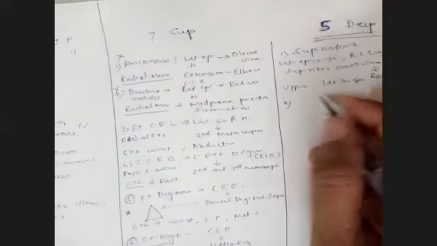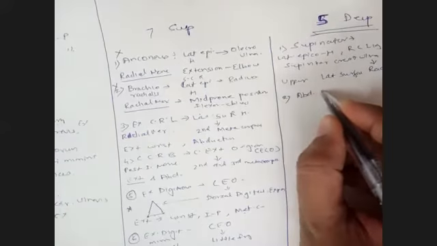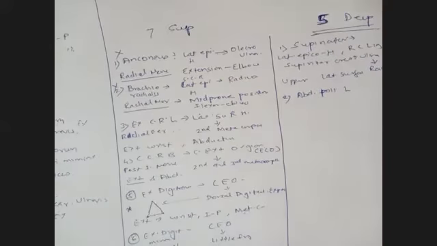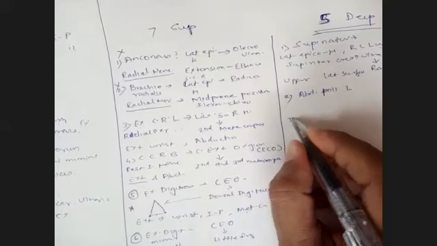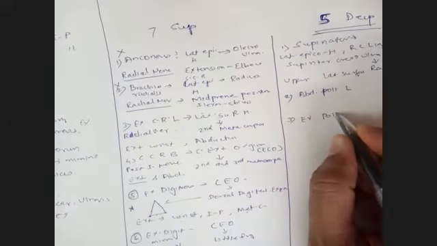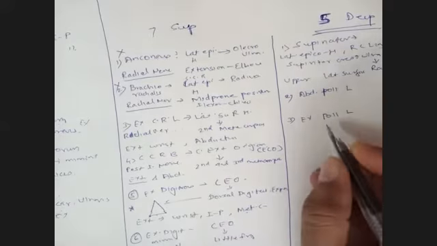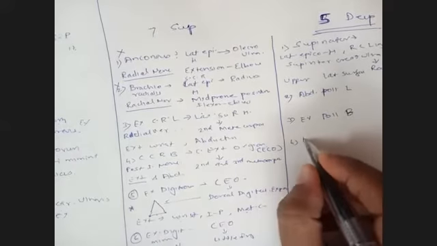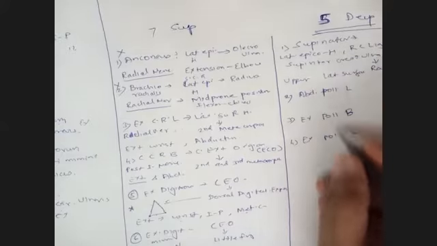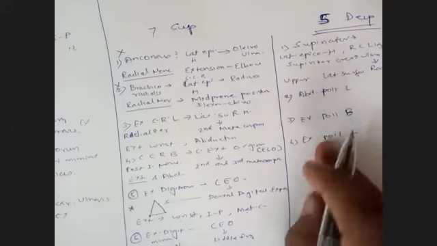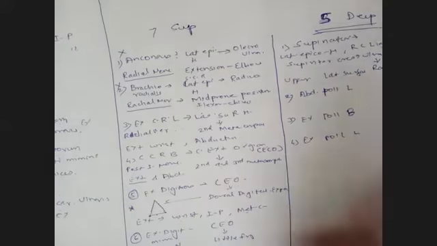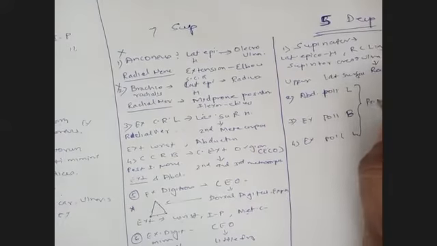So the second is abductor pollicis longus. Now there will be a series of muscles: abductor pollicis longus, extensor pollicis longus, extensor pollicis brevis, and extensor indicis. So in the deep muscles, one is supinator and three are attached to the thumb. And they all take origin from the posterior surface of radius and ulna.